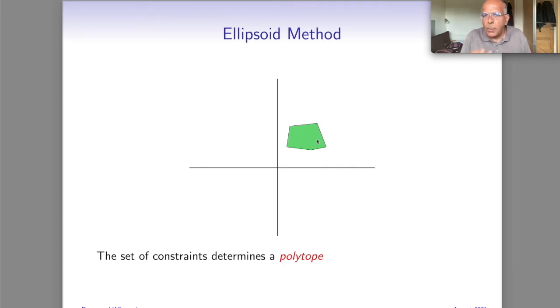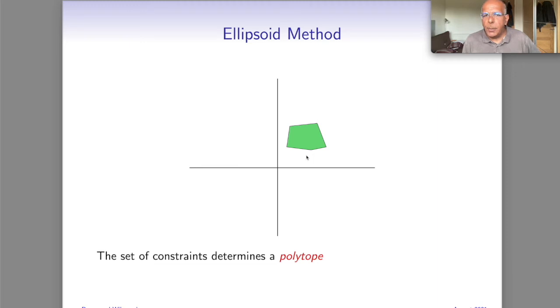In general, the polytope doesn't have to be bounded. You know, we could remove a couple of these constraints, and you can see it might extend off infinitely in one direction, but let's not worry about that. So this is a very informal account here. All of those details can be taken care of. So the set of constraints determines a polytope, of course, in general, in many more dimensions than the 2 I'm able to draw on a slide.